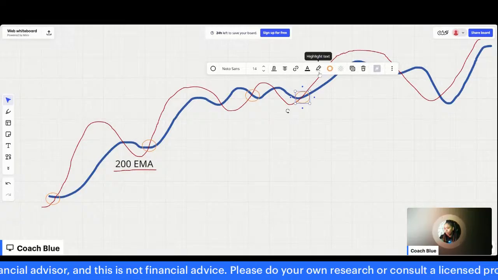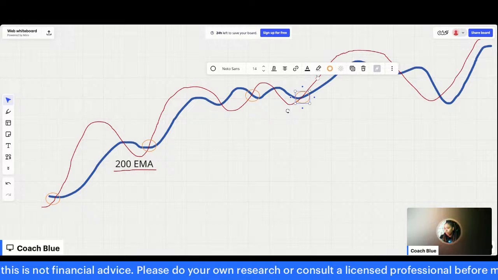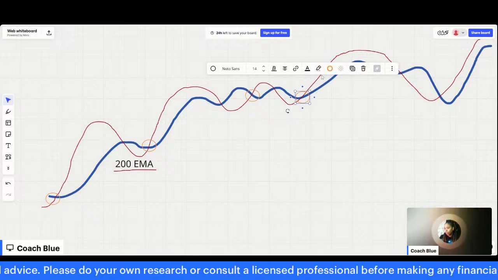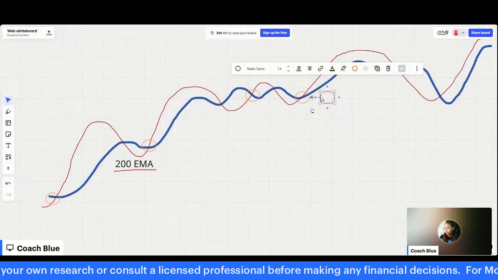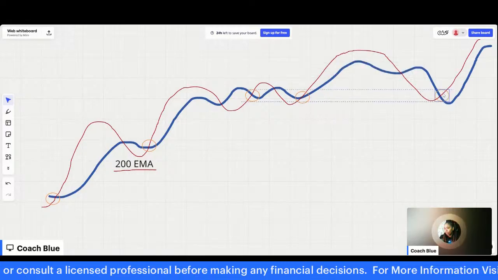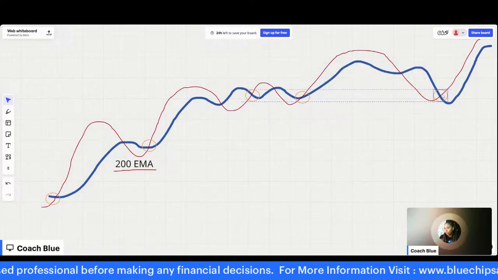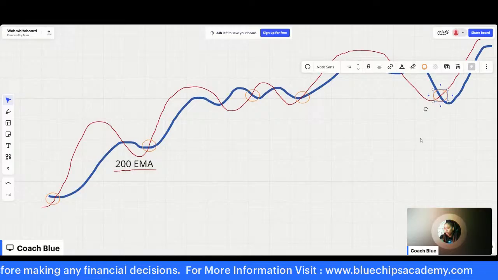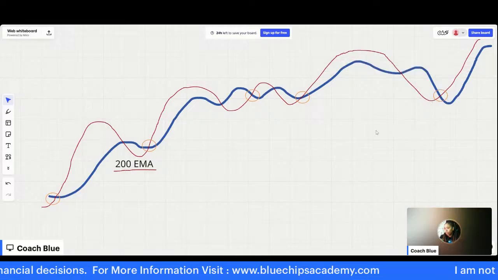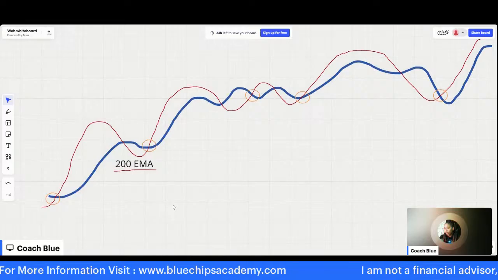I would say if you're trading in the right direction, you should be able to win at least 70 to 80 percent on a worst day, like if the market is consolidating. But if it's moving up or clearly moving down, you should win close to 80 to 90 percent. Okay, so let's look at this.